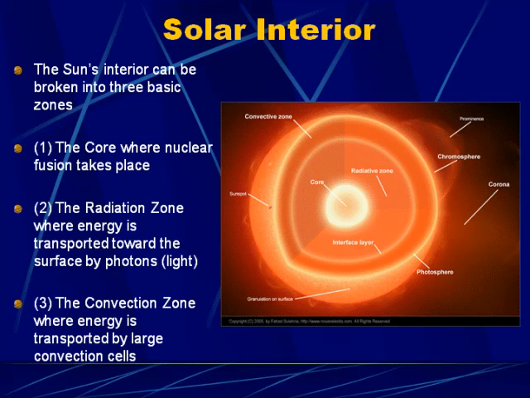Okay, talking about the sun's interior. The sun's interior can be broken into 3 basic zones. There's a core where nuclear fusion takes place. There's the radiation zone where energy is basically transported via X-rays. And then finally, there is the convection zone where energy is going to be transported basically due to the buoyancy of the